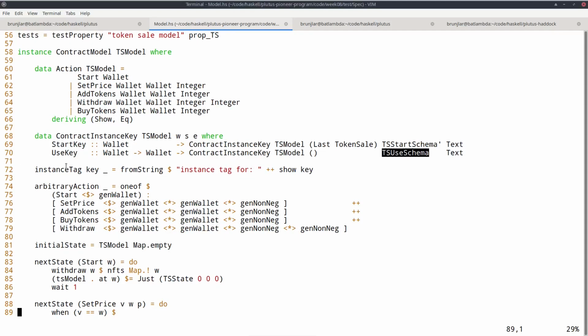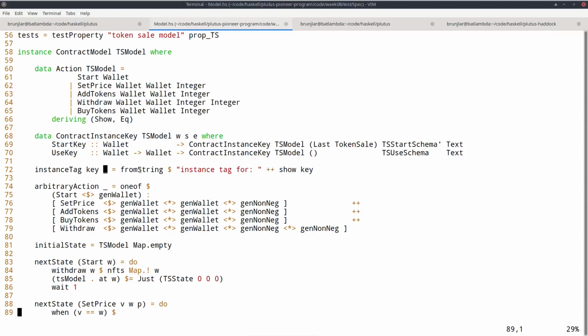Next, we need to somehow provide this instance tag function, which given such a key that we just defined and a wallet, returns a so-called instance tag or contract instance tag. And because we already know the wallet that runs the instance, because that was one of the arguments to our contract instance keys, we can ignore this wallet argument. And this instance tag type or contract instance tag type doesn't have an accessible constructor, but it implements the IsString class.